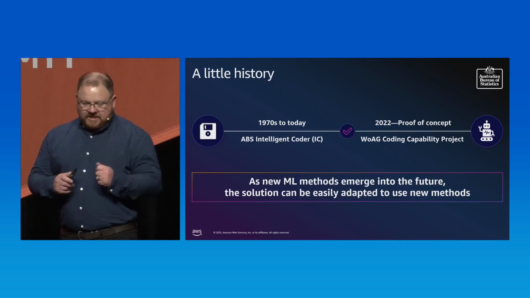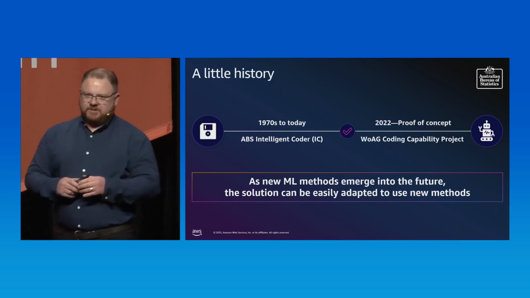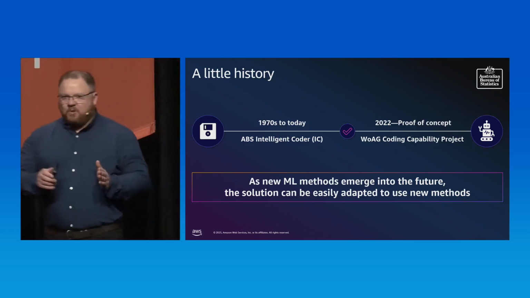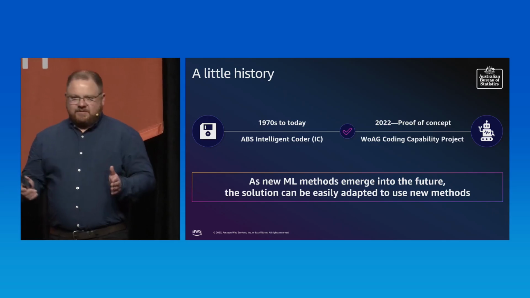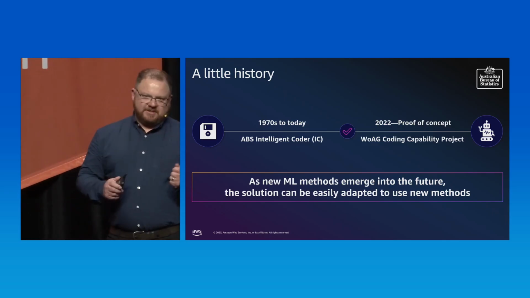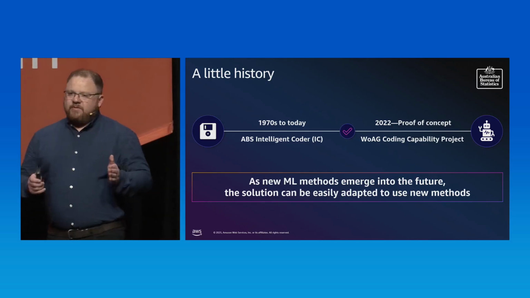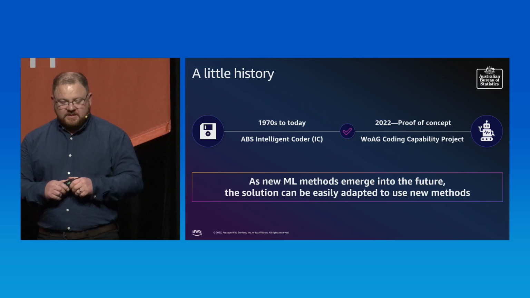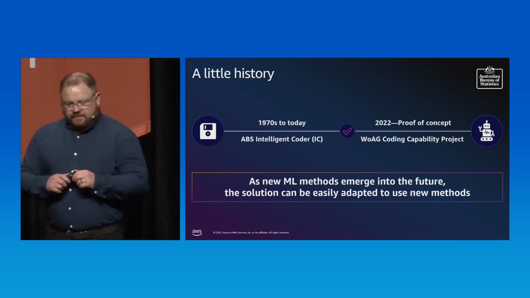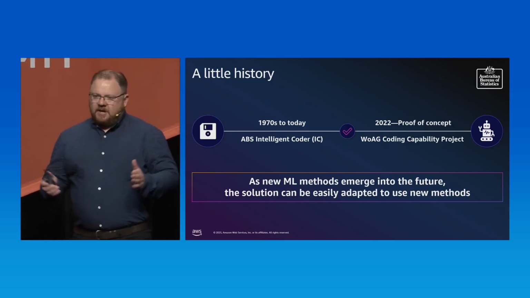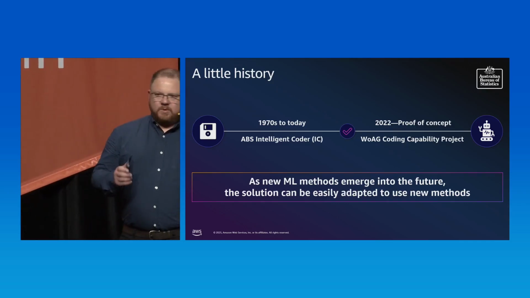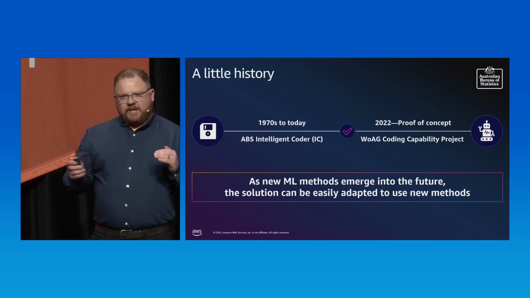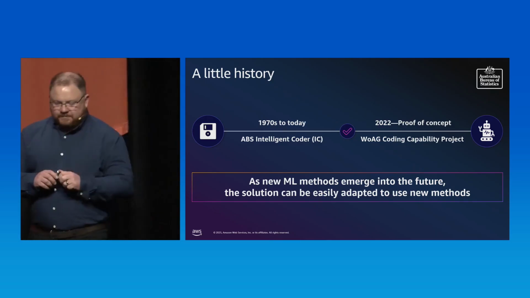However, the ABS Intelligent Coder was developed with on-prem technology. It was limited. We could only train models with about 600,000 records, and it would take a week to train a model. That drastically inhibits what we could potentially do with this technology. So we launched into a proof of concept program with an organization called Max Kelsen, a partner agency with AWS. And through that proof of concept, Max Kelsen helped us to create the design for an infrastructure and architecture that would allow us to build machine learning models using AWS's MLOps cloud-based solution, using cloud-based technologies.